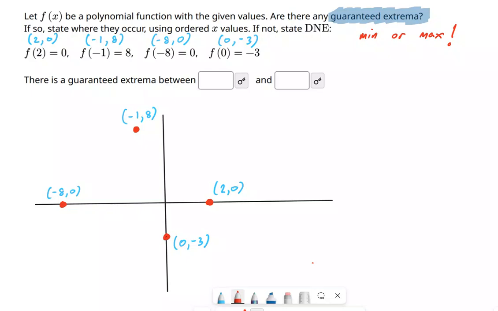I find it very helpful when you're dealing with X and Y coordinate points to make a graph. Like if it's asking you stuff about the graph but it's not showing you the graph, don't play that game, just draw the graph. So what I have here is a bunch of statements about this mysterious polynomial function, f